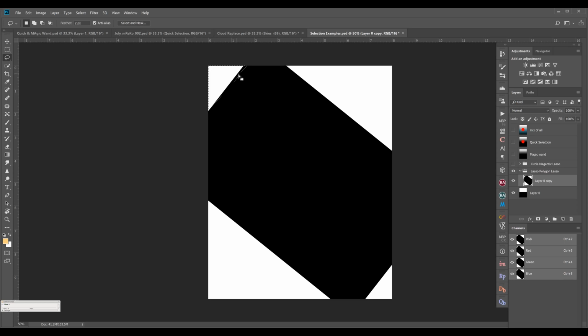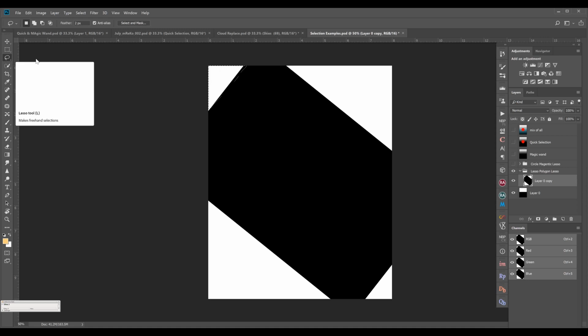This is the most commonly used tool for selection, where most of the time we have to select, say, a mountain, wherein the edges are not geometrically correct. So you use this, sorry, the lasso tool, not the marquee tool.